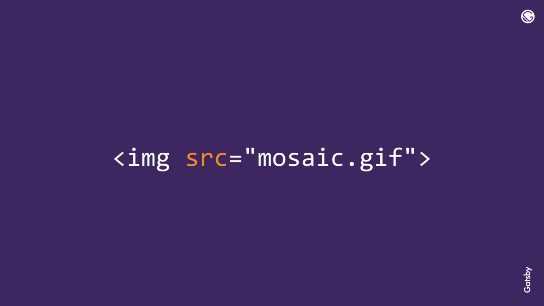So this is an image tag from the Mosaic website in the mid-90s. And if you look at it, it looks a lot like an image tag that we'd use today. And of course, it still works fine. So you could load that in a browser and it would work absolutely fine. And I did when I was building this.